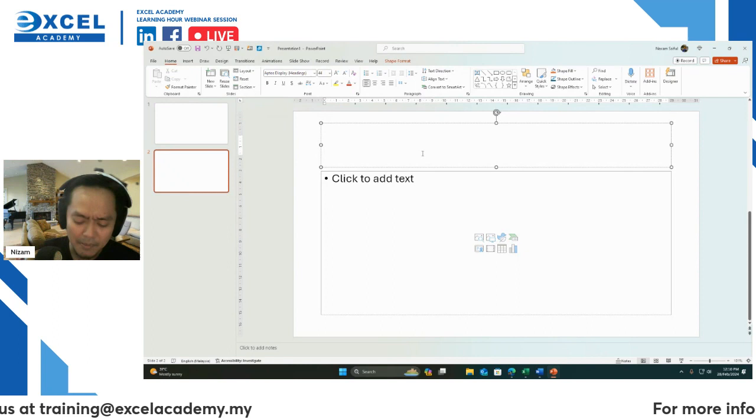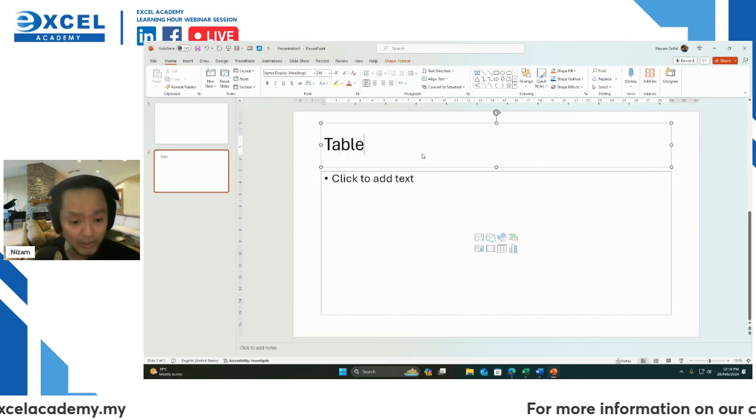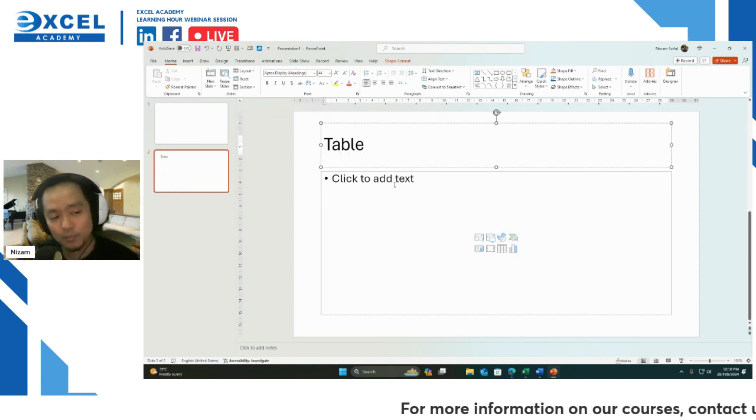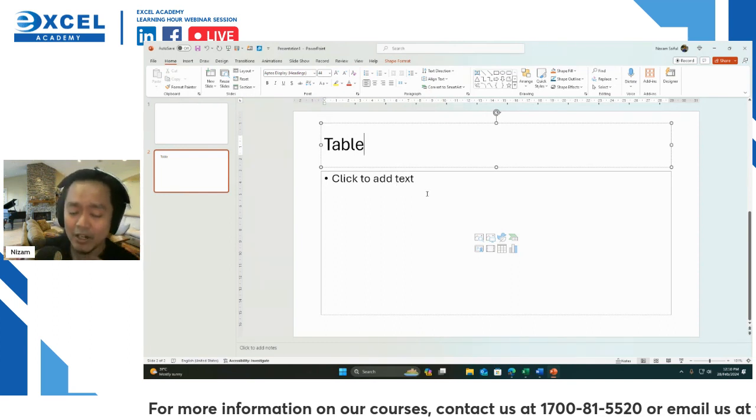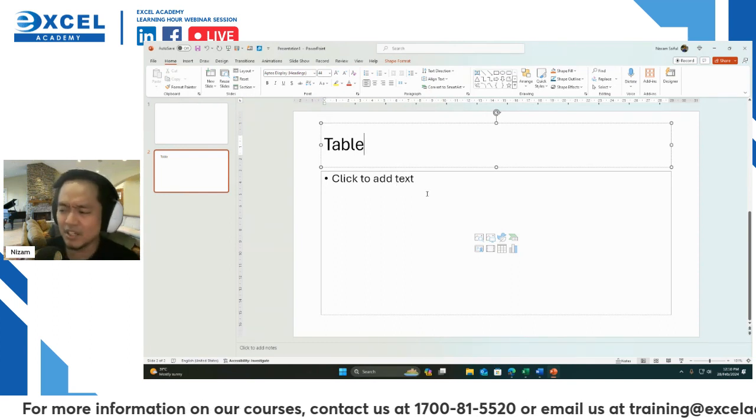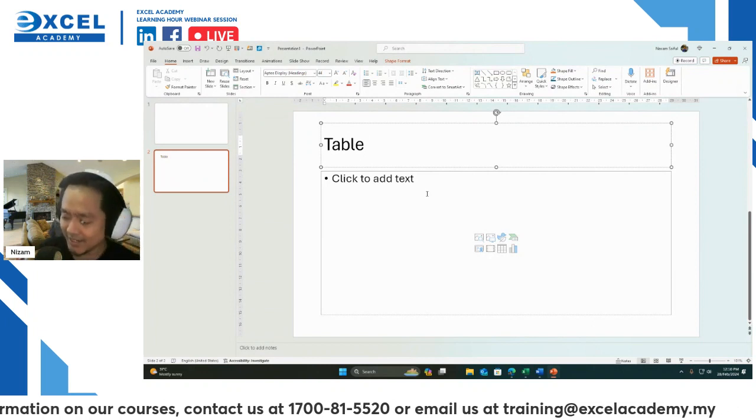Let's say this is a table in Microsoft PowerPoint. In Microsoft PowerPoint, there are many methods for you to insert a table. I know maybe some people think, hey Nizam, table lah. What's so good about a table? Guys,